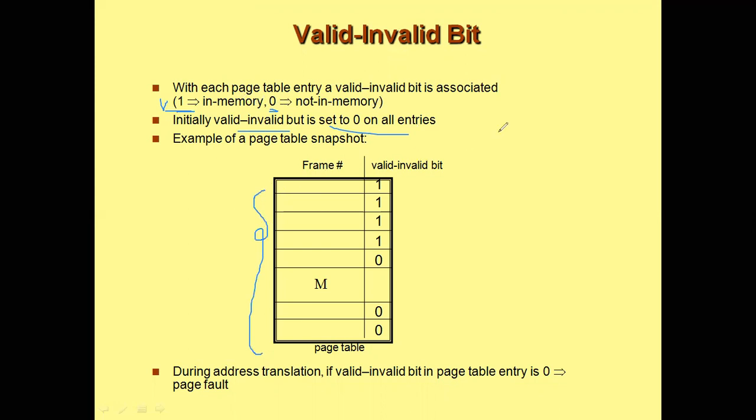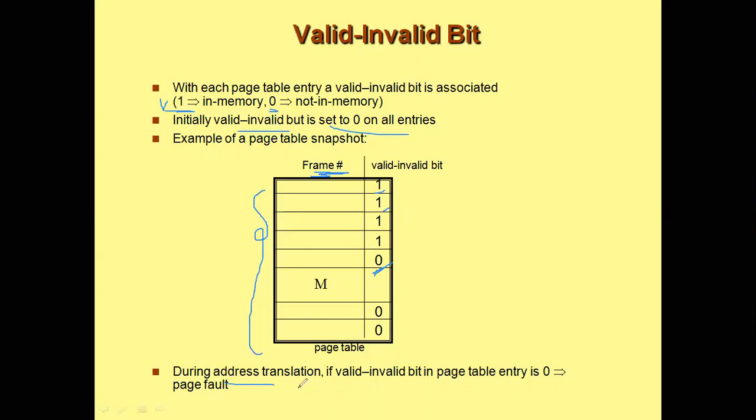And remember guys, a page when not in main memory is called a page. But when it is brought into the main memory, it is called a frame. So don't get confused between pages and frames. When a page is used in main memory, it is called a frame. That is why this is a frame here. See here we have values 1 and 0. 1 means it is present in the main memory, and 0 means it is not present in the main memory.